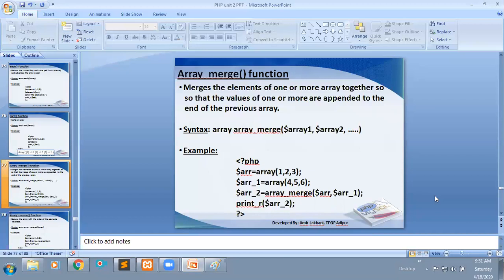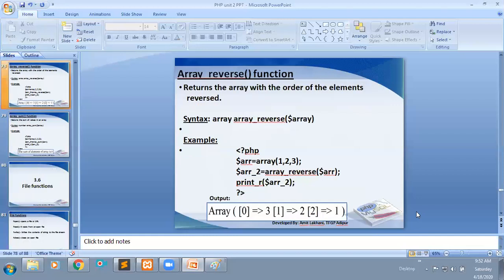It will simply merge and combine all the elements and store them in an array. Here you can see array 1 has 1, 2, 3, and array has 4, 5, 6. I'm taking one more array 2. I'm merging by using the array merge function, array 1 with array 2. It will directly return the merged value, meaning the combined value.